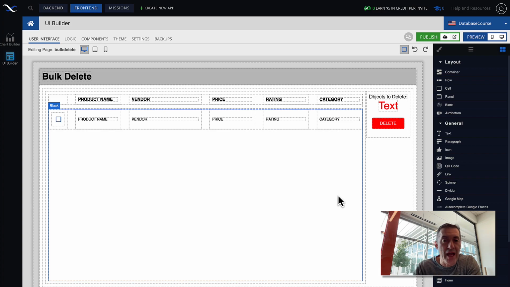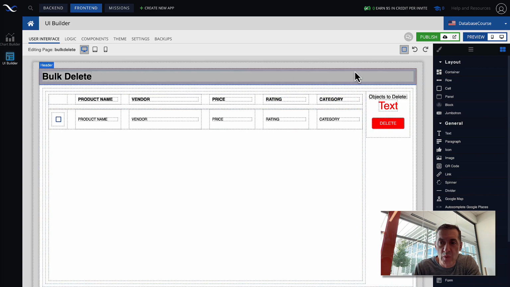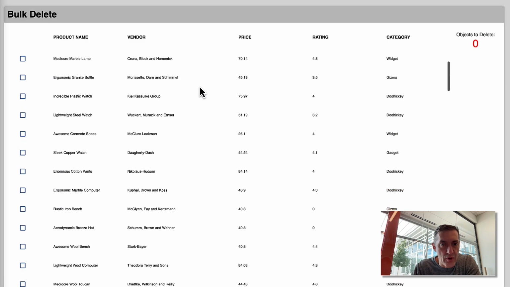So in this case, you will have the backend ready with all the data in there. I'm going to run this page first, and then we'll take a look at the logic behind the page just to see how it works. So for this, I'm going to click the preview button, and it retrieves all the data.